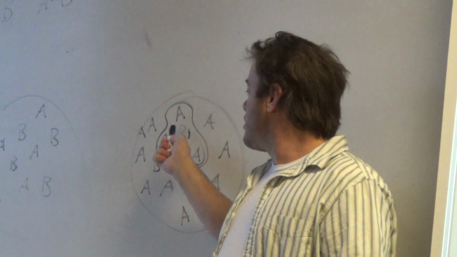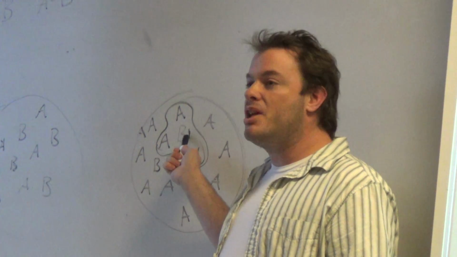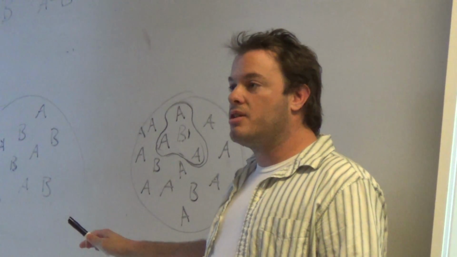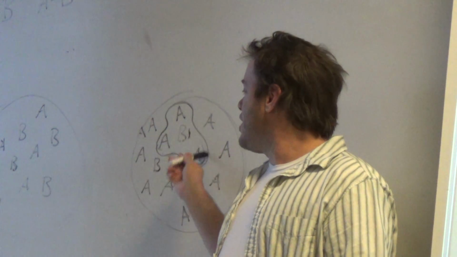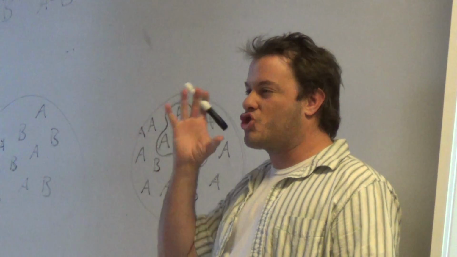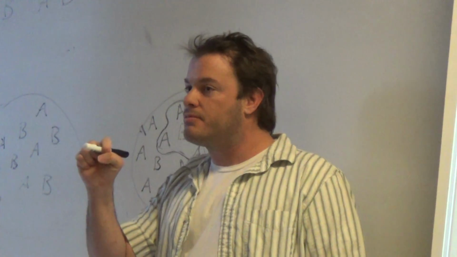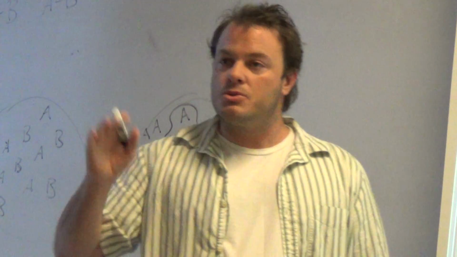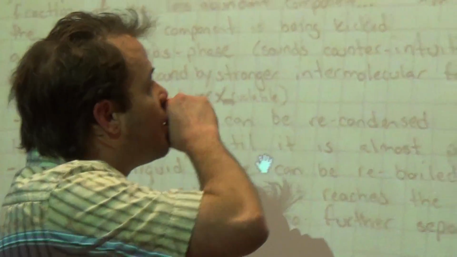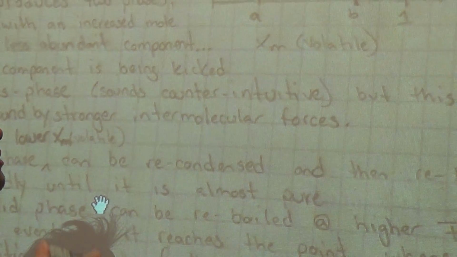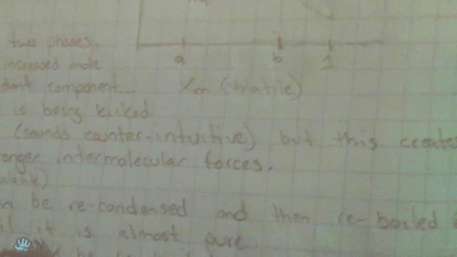And these A molecules that are surrounded by the B molecules will stay in the liquid phase, right? And there'll be some ratio of A's to B's that is the strongest and most tightly packed unit, and that unit will tend to stay behind. So what happens is that if we look at this guy,